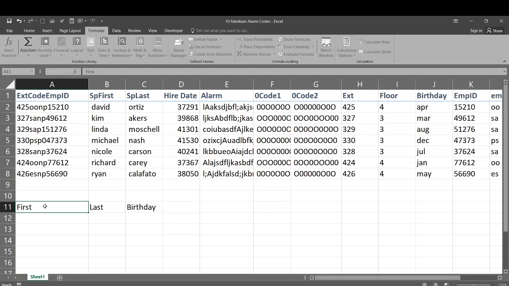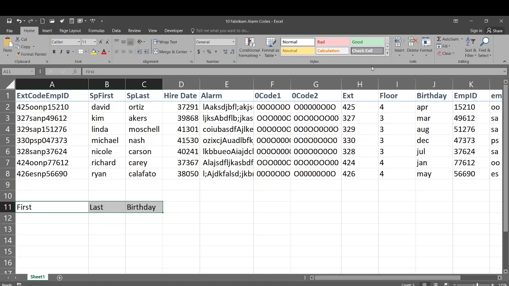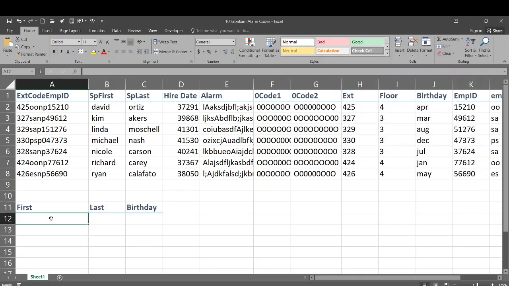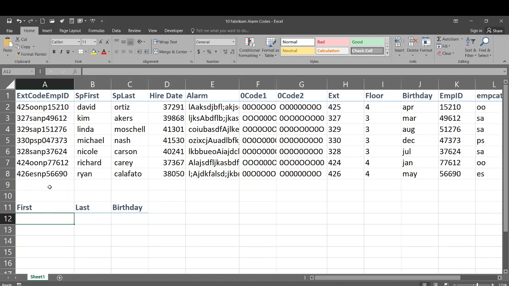Now I'm going to select these three cells. I'm going to go to my Home tab. In my Styles group, let's give it a little bit of a heading. So we're going to click Heading 3. And we can move this back a little bit if we want to. But in A12,